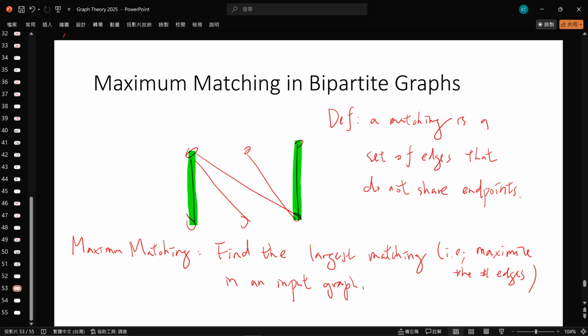For both bipartite graphs and non-bipartite graphs, we can have polynomial time algorithms. If you're interested in non-bipartite graphs, you can just Google maximum matching, general graph. All right, so for this course, let's consider bipartite graphs. Given a bipartite graph, we want to find the maximum matching. So any idea of finding the maximum matching? 给你一个 bipartite graph，要怎样做才可以找到最大的 matching？